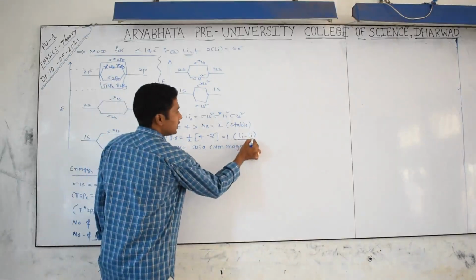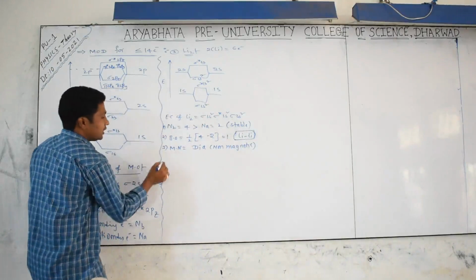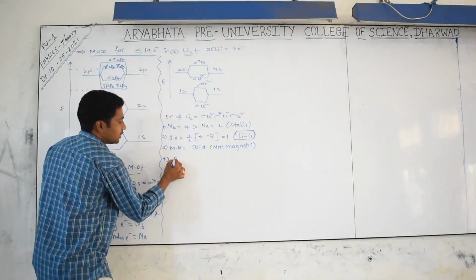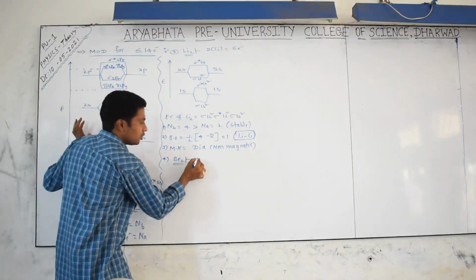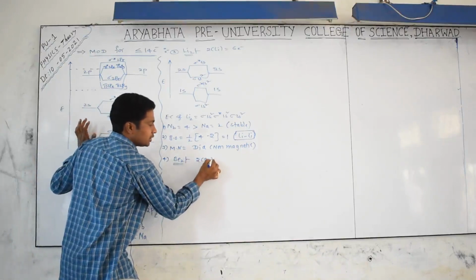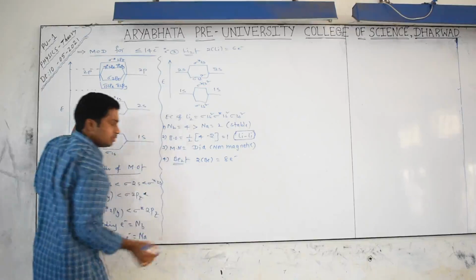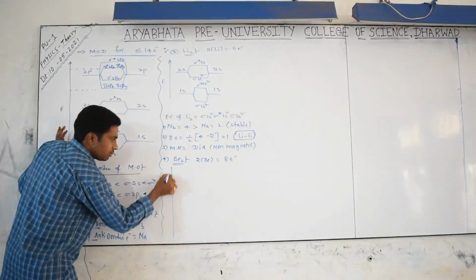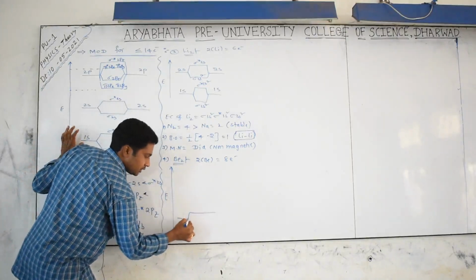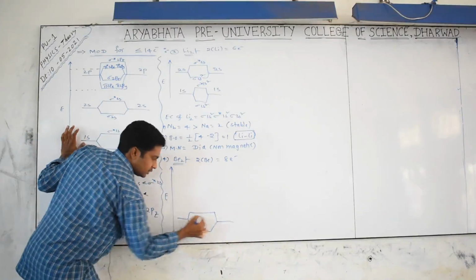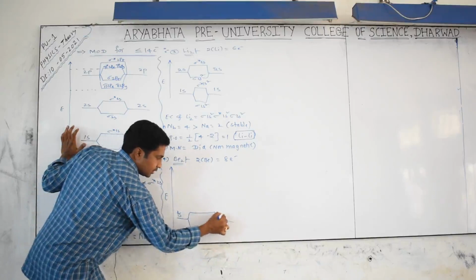Now we can show it like this. I will take another molecule, the Be2 molecule. Okay, how many electrons are there? 2 berylliums were there, 2 fours, 8 electrons will be there. What is the molecular orbital diagram for this one? I will tell you, see carefully. It will be like this. Sigma 1s and 1s.